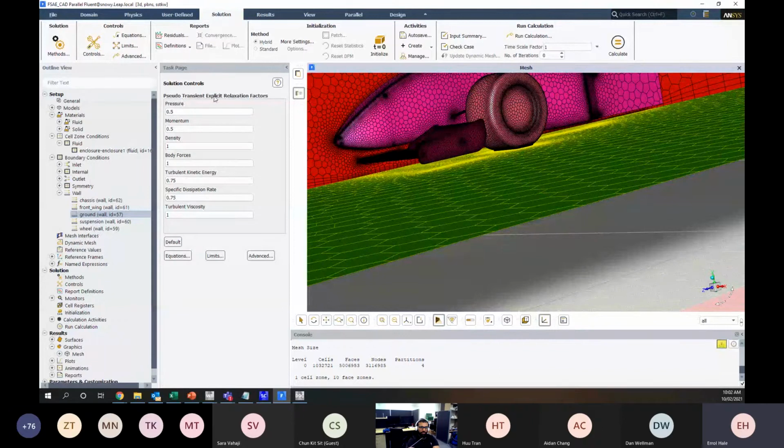Our pseudo-transient explicit relaxation factors. So these are different relaxation factors to pseudo-transient itself. So these are there with or without pseudo-transient being ticked on. And what these are, we'll go through at a later time as well, is that